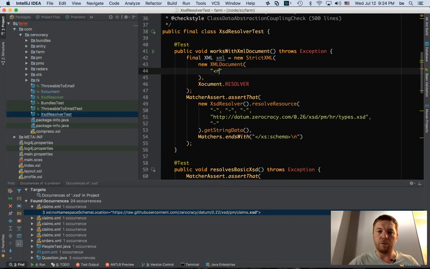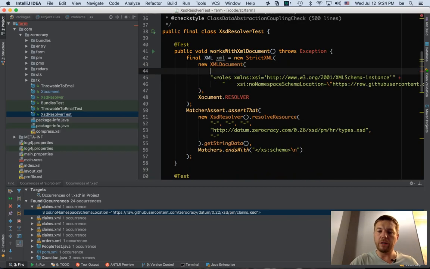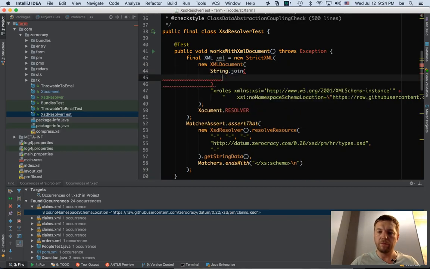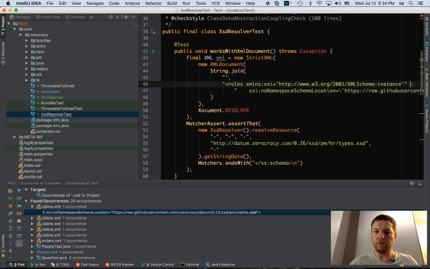So let's create a proper XML document here, which will look like roles. This one. Let's make it nice. So it doesn't look too big.